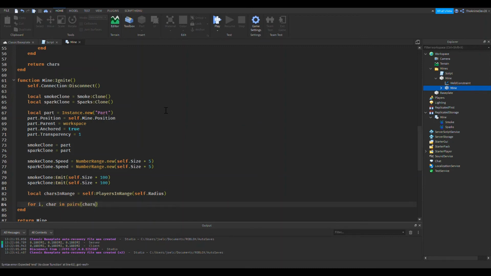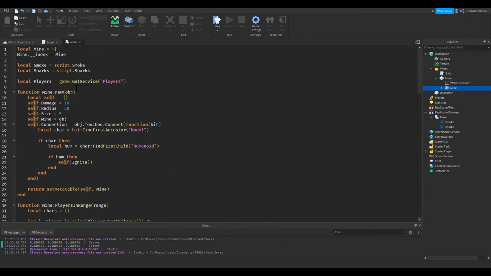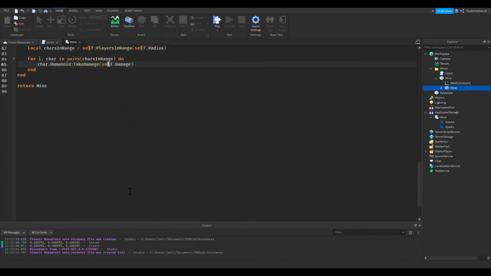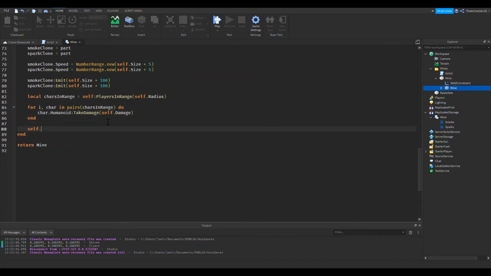So we're going to go through that table, and we're going to do damage to them. Self.damage. So this is just getting their humanoid. Gonna deal that amount of damage that we specified up here. That's all it's doing. And then finally, we no longer need this mine object, so we're just gonna do that.